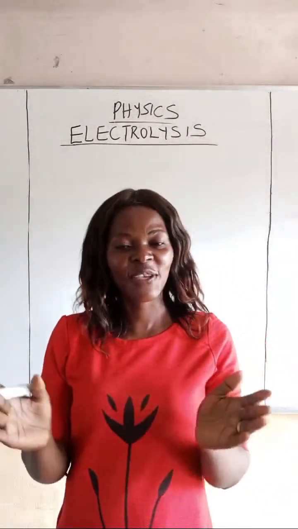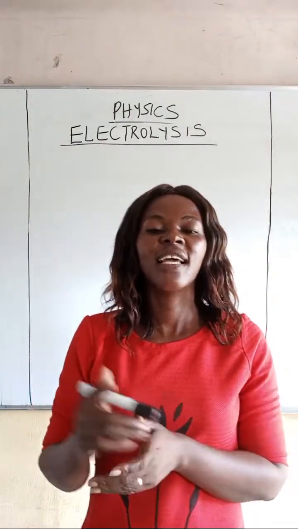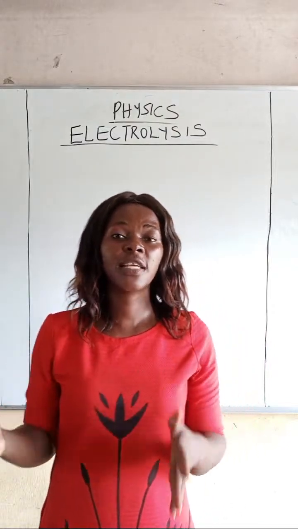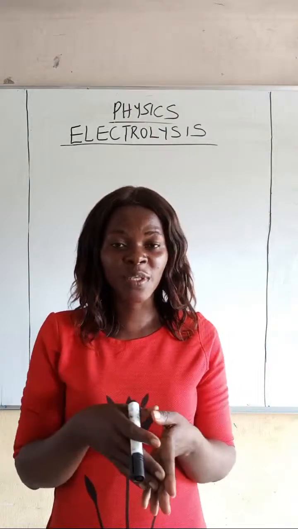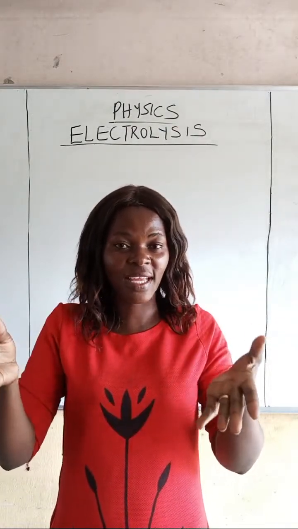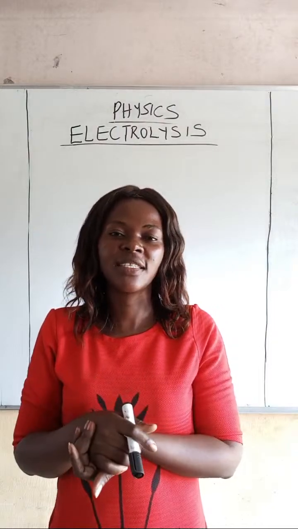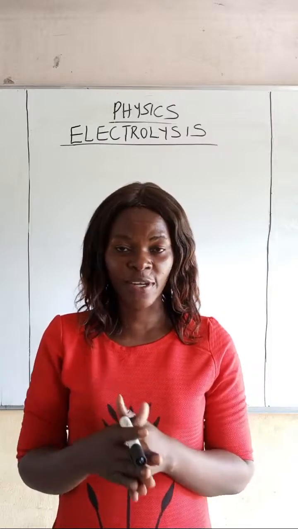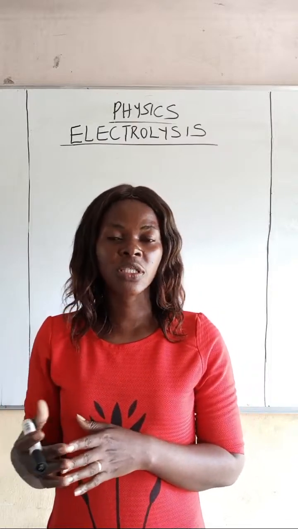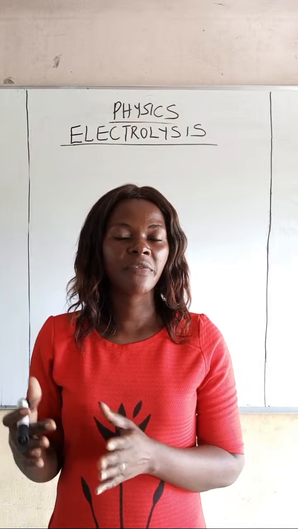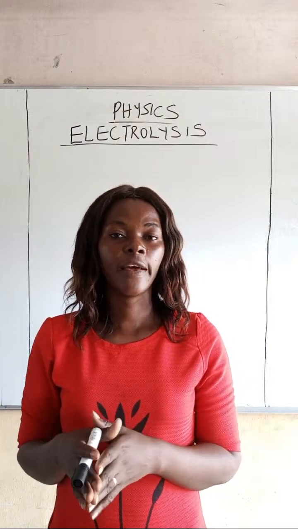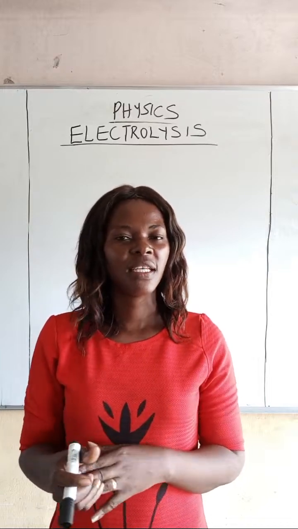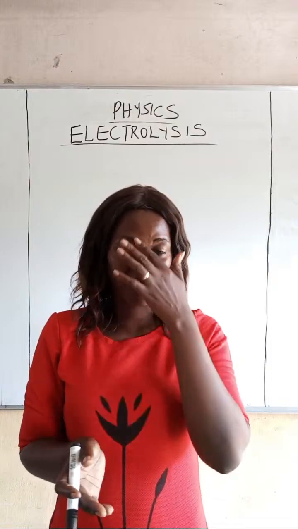Good evening, everyone. Thank you for joining us. Today we are going to look at electrolysis. Electrolysis actually is a conduction of electricity through liquid. In this topic, we want to see how liquid conducts current. So we're going by defining electrolysis and types of electrolytes and the rest and laws. Then we can lead to calculation.